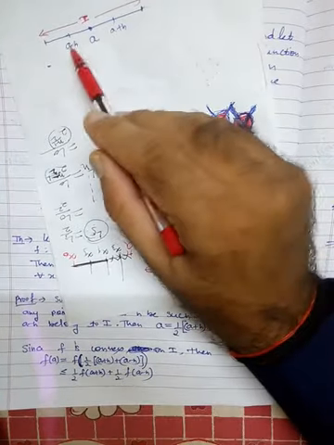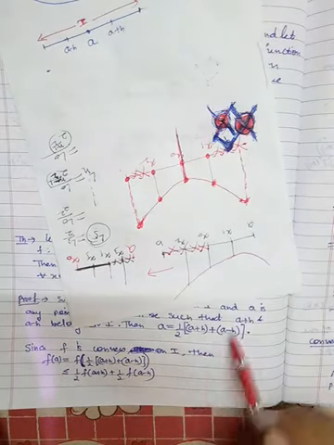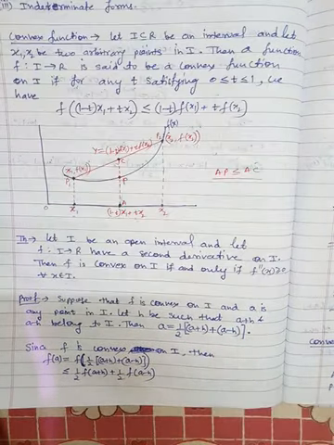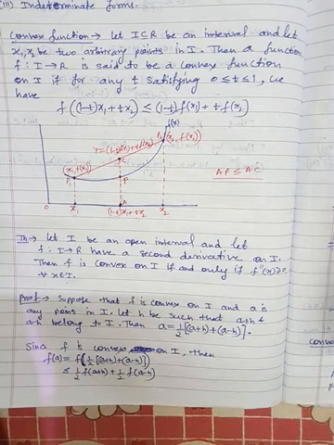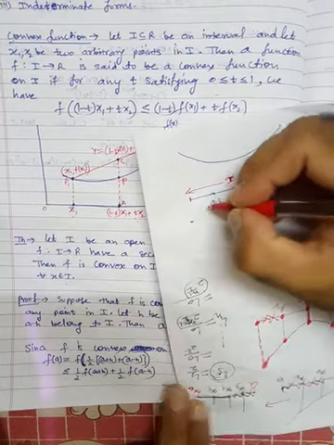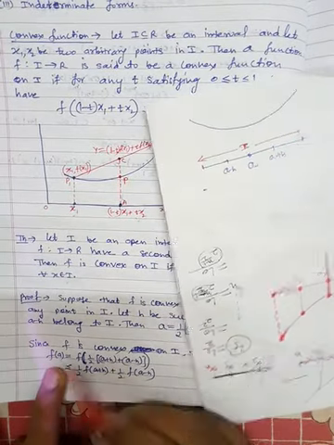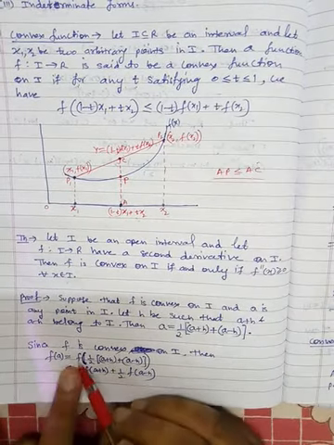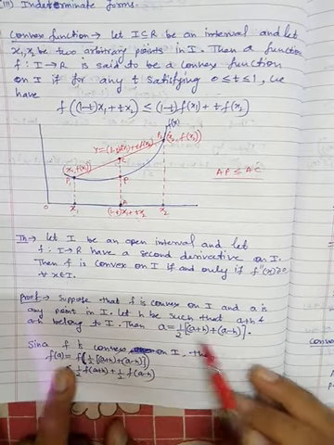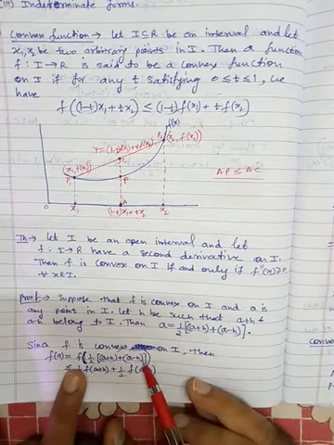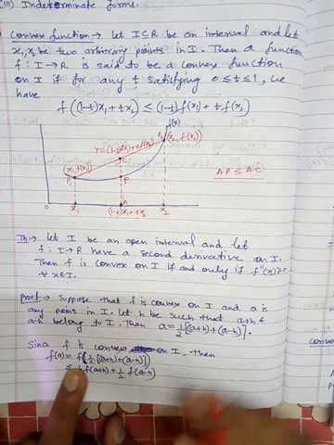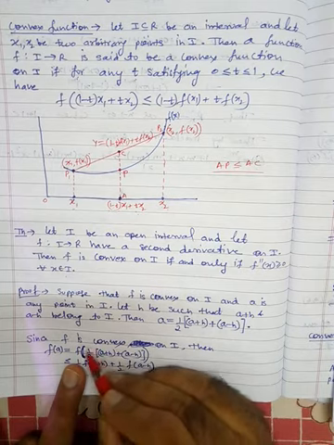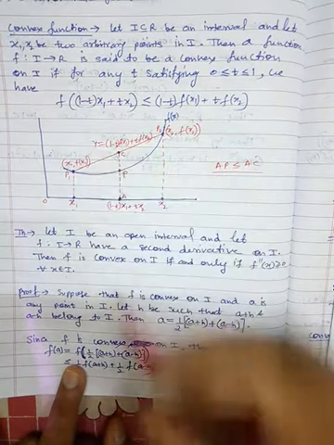Then a is what? a is the midpoint of these two, so a minus h plus a plus h by 2. So this is the midpoint of this. Okay, now since f is convex on I, what will be the condition? f of a is equal to f of what is a? a is, according to this, 1 by 2 times (a plus h plus a minus h). But the function is convex, so obviously it satisfies this property. Hence we can say that this is basically what? 1 by 2 is 1 minus t.